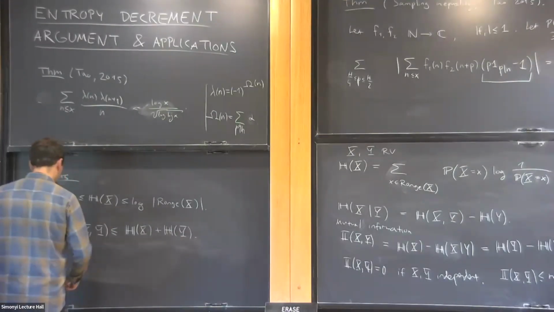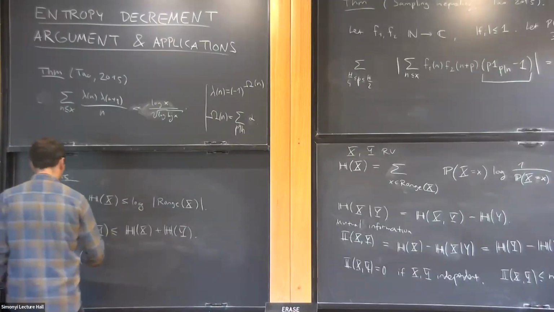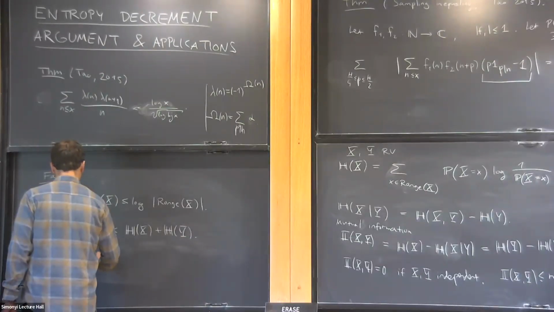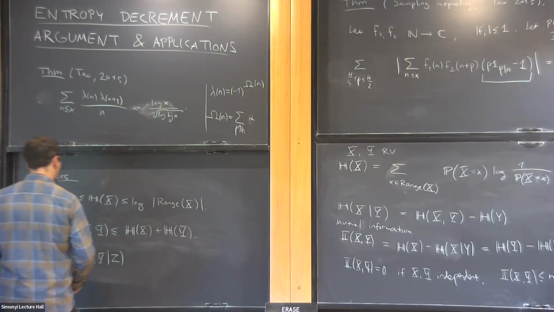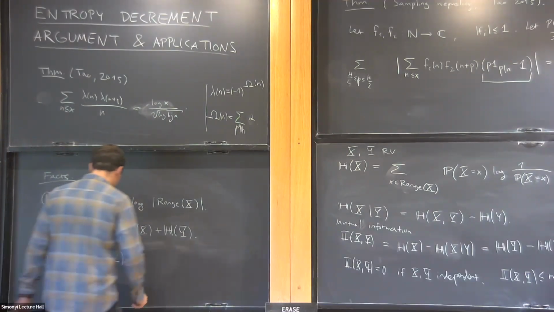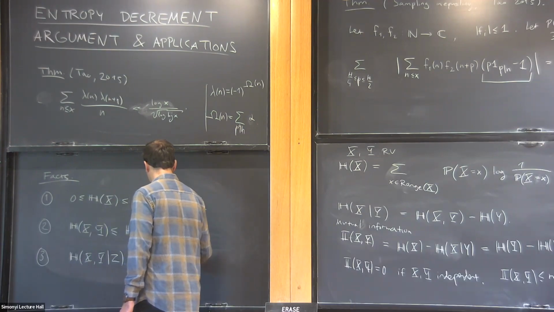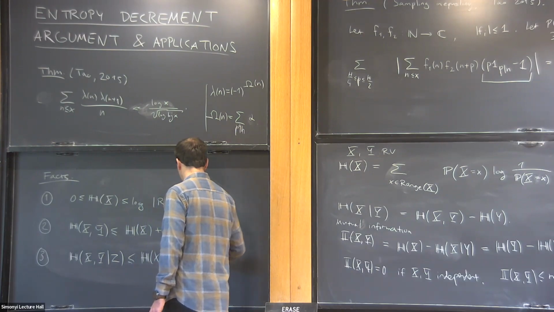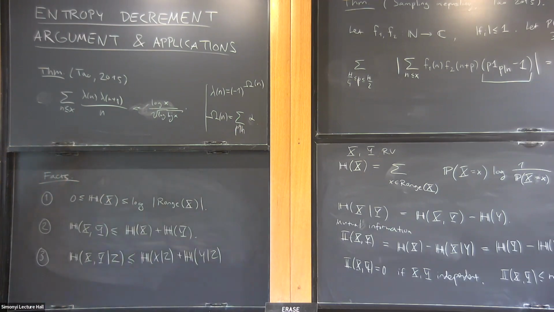And you have similar bounds for the conditional entropy. If you have the conditional entropy of the pair x, y given a third random variable z, it is bounded by the conditional entropy of x given z plus the conditional entropy of y given z. Okay, so